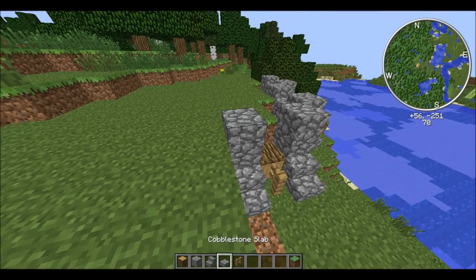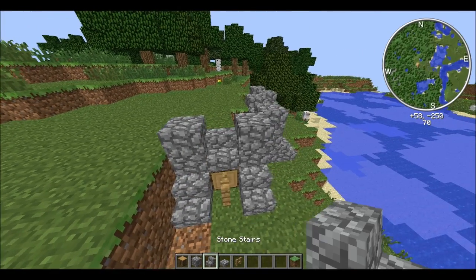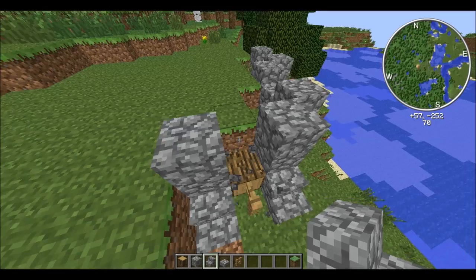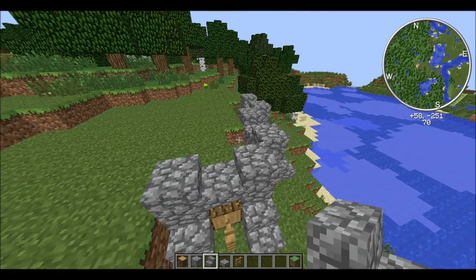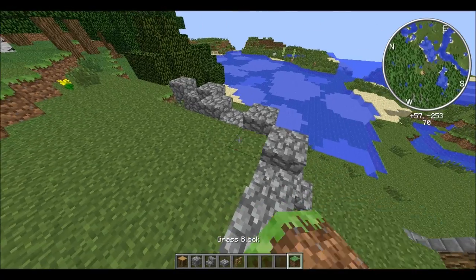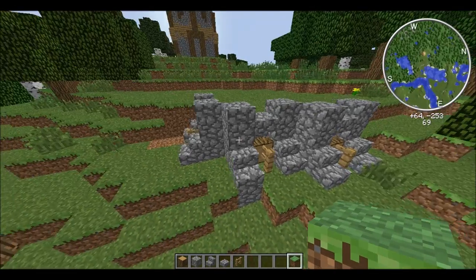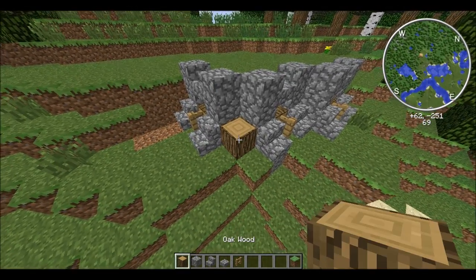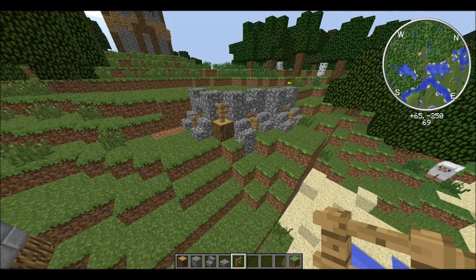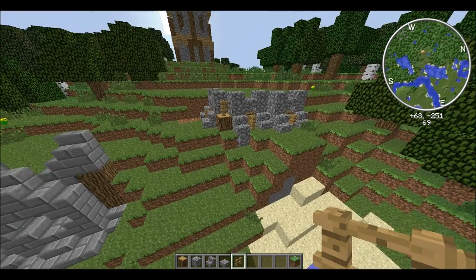Obviously this hill isn't super well cut for this necessarily, but it's a pretty nice little garden wall design, really nice for a little light landscaping. If your place is looking boring, it's always nice to throw in some walls for landscaping. Let me just fill in the back here like that, and basically in this awkward corner you can just place an oak wood log like that, and that's basically the whole wall.